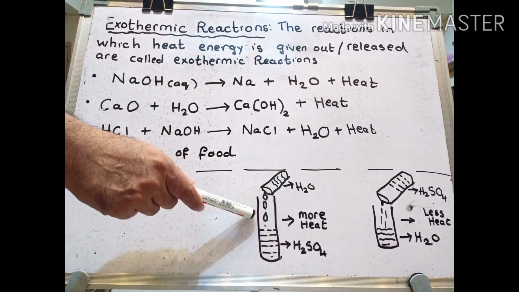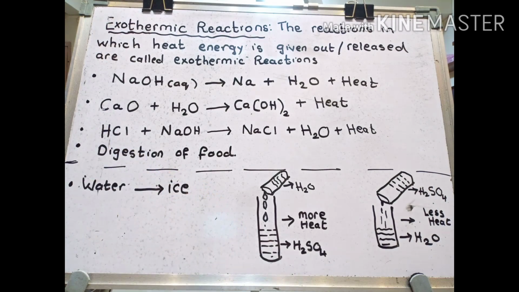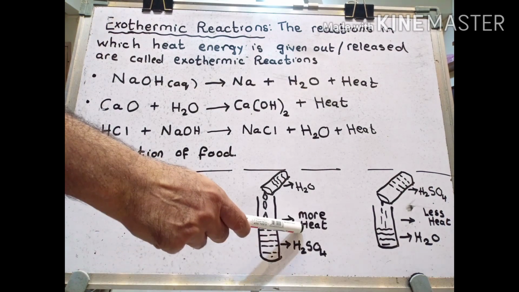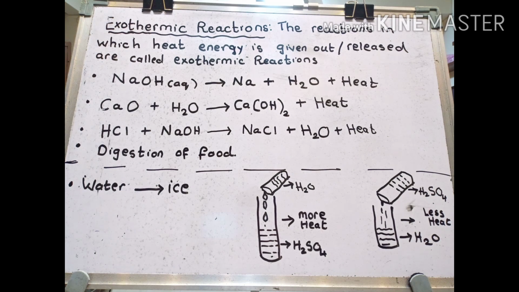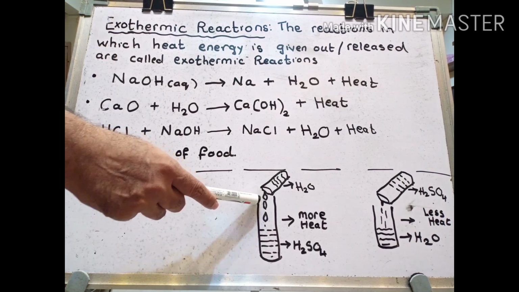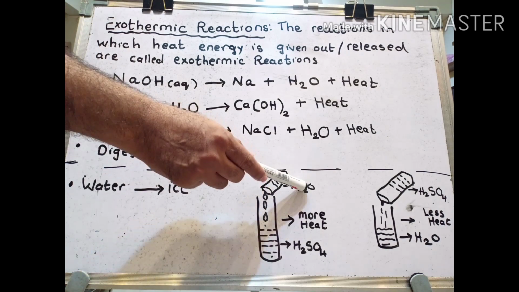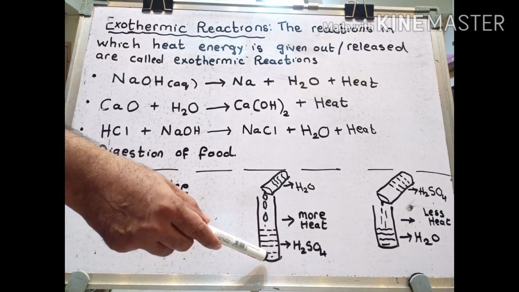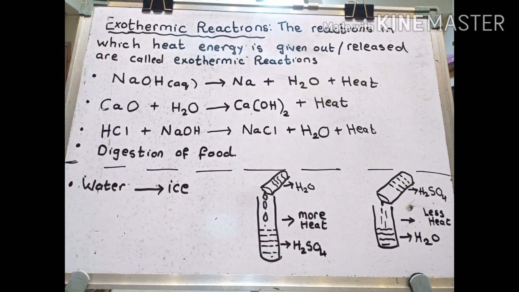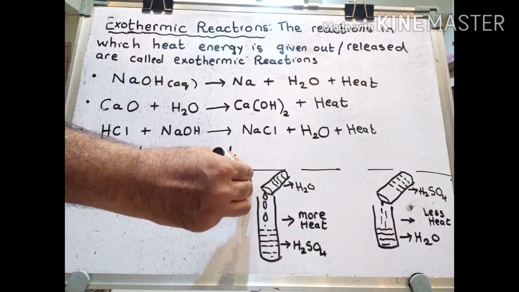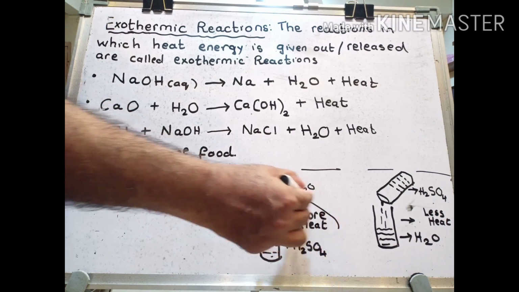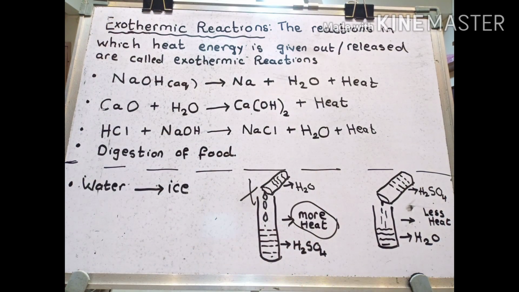When you start pouring water into concentrated sulfuric acid, a large amount of heat energy is given out and water starts evaporating very fast, giving out a lot of heat energy, and it may cause an accident, right? So it is not preferable to add water to sulfuric acid to dilute concentrated sulfuric acid. If concentrated sulfuric acid is to be diluted, many a times they will always prefer the other process. This process is not preferred because it liberates a lot of heat energy, so it can cause accidents.